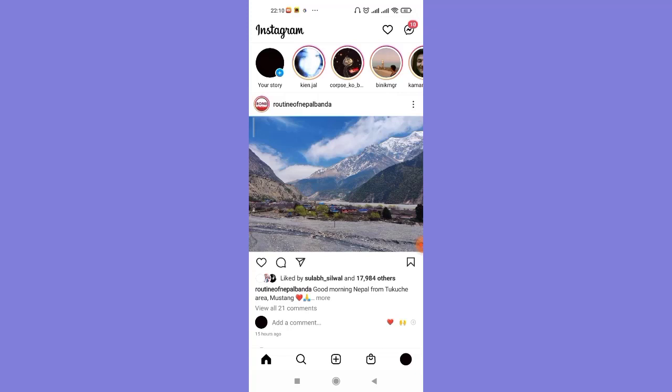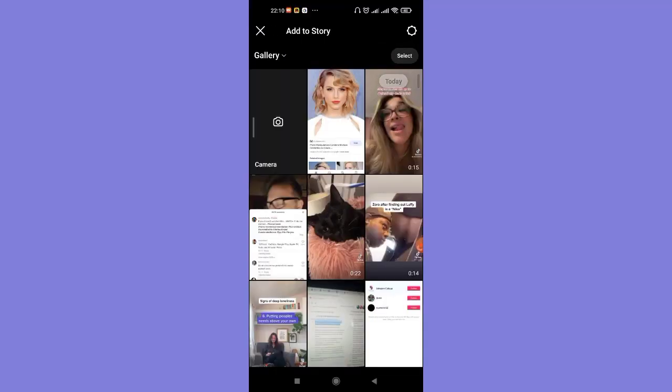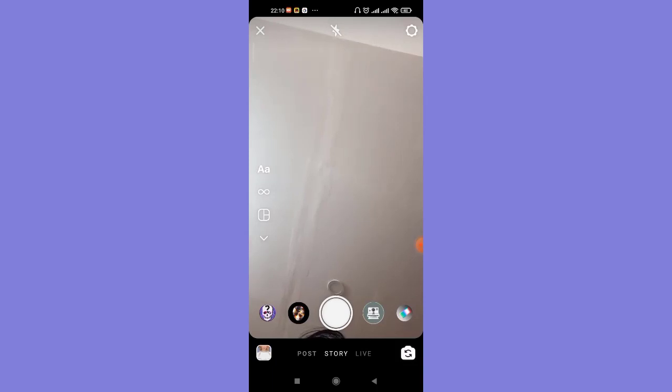Now to use a filter on your story, firstly you'll have to go to the Story tab. So click on this Your Story option on the top left corner of your screen, which will guide you to this page. There are two ways in which you can use filters on your stories. You can click a picture instantly with your camera by clicking on this camera option, which will guide you to this page where you'll have to click a picture like this, and then you can swipe left or right to apply a filter,